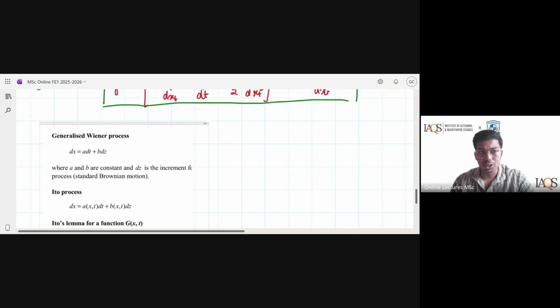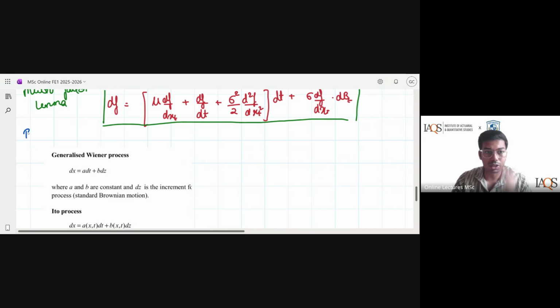So now this is what the snap from the table book is, page 46. They are saying dx is equal to a dt plus b dzt. Therefore, can I say their a is actually mu, their b is actually sigma. What I had, dxt is equal to mu dt plus sigma dbt, and their standard Brownian motion is z.